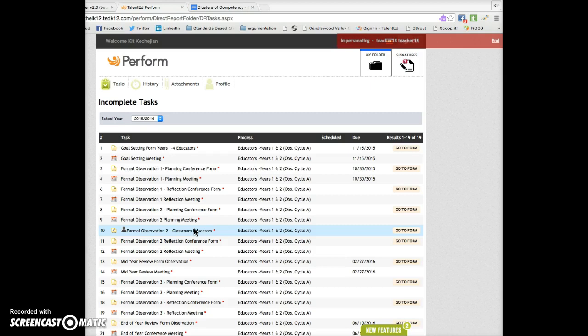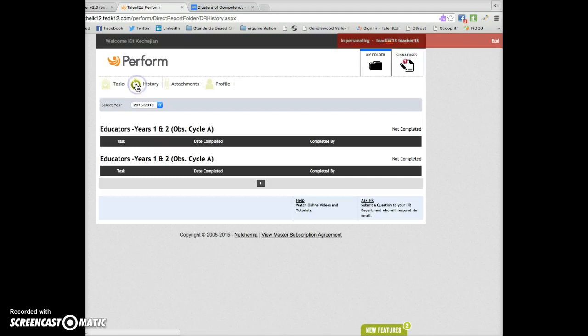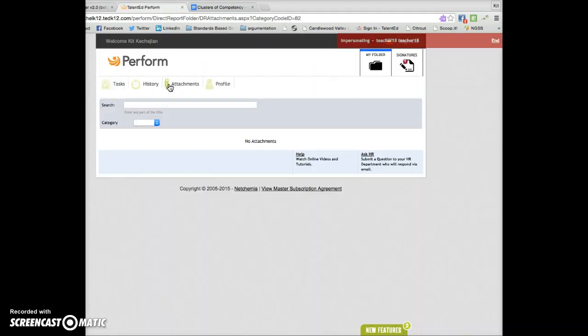Now, let's take a quick tour of the navigation tabs. By clicking on the History tab, you will be able to view any tasks or forms that have been completed. In the future, you will be able to view your historical data by selecting prior years on the drop-down menu. Next, the Attachments tab will let you view any files that you've selected to attach to the forms you submit